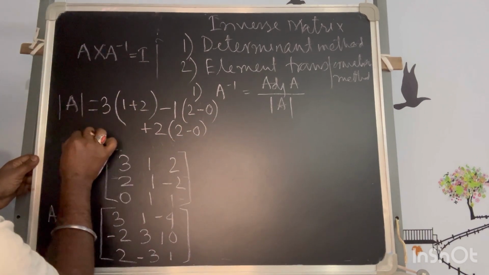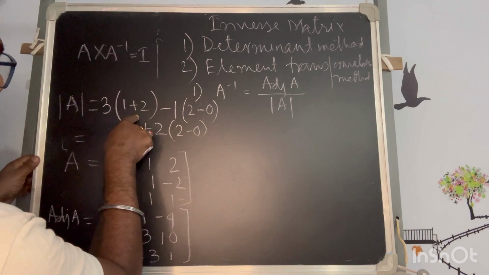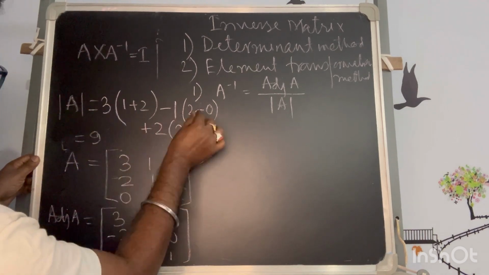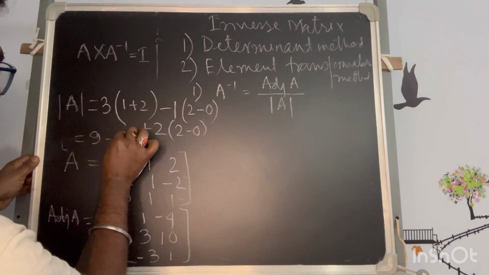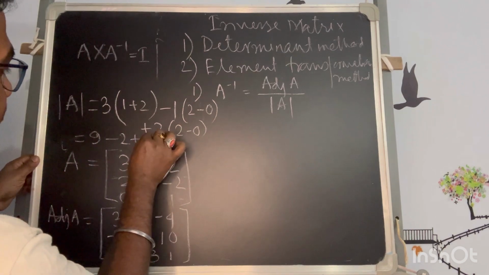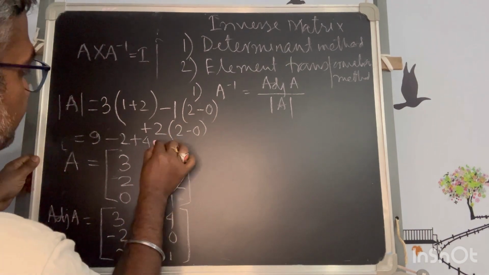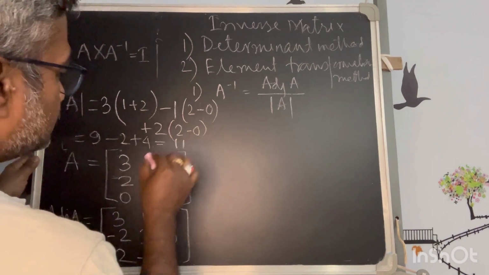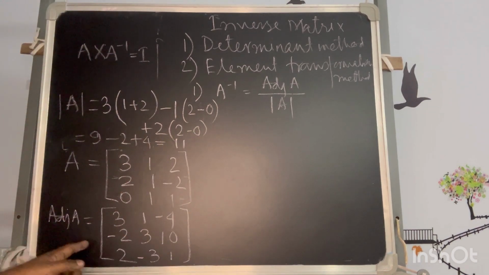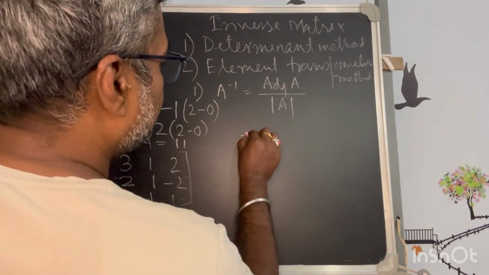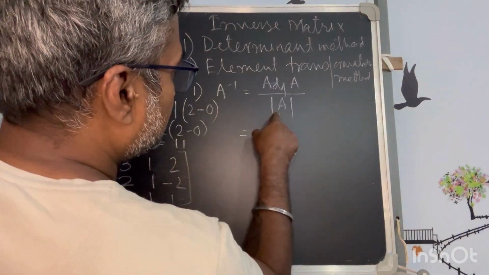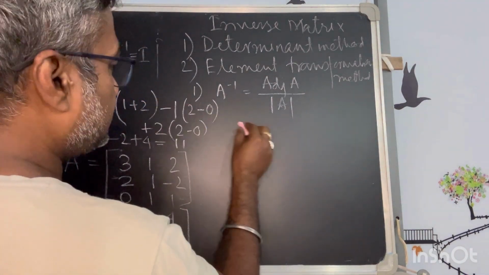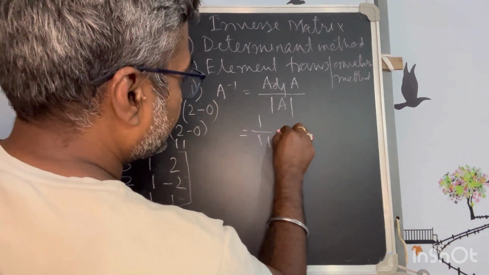So if we calculate this, 3 into 3 equal to 9, this is equal to minus 2, this is equal to plus 4. So all together it is how much? 13 minus 2, that is equal to 11. So your determinant value will be 11. So now if I put this, this is 1 upon the determinant, so this is 1 upon 11, and